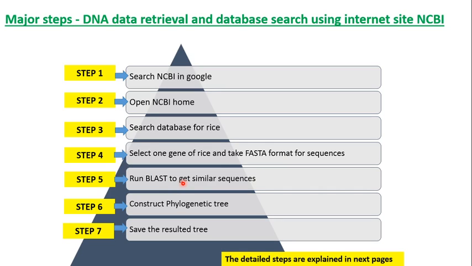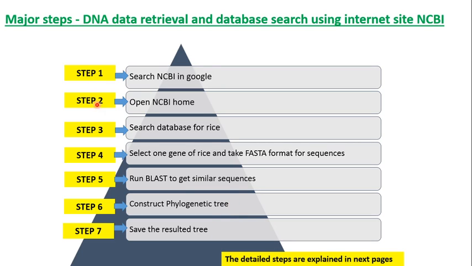First you perform the basic local alignment of your gene with other genes. After that you construct a phylogenetic tree. The phylogenetic tree is constructed to find out which gene my gene shows more similarity to. Clear? We are discussing all these steps in detail, step 1, step 2, step 3 likewise.